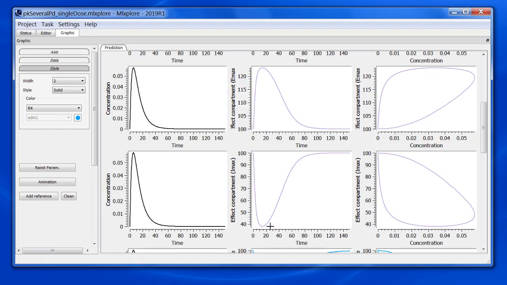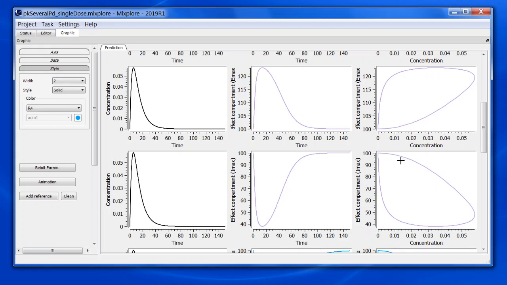Because when we look at data, we have a finite number of sampling times, it is not always easy to see this delay between the PK and the PD when we plot PK and PD over time. On the opposite, it's actually pretty easy usually to see something in the PD versus PK plot.